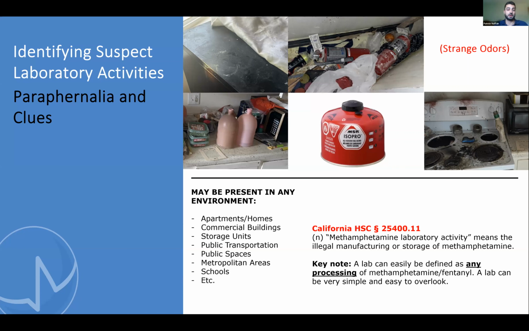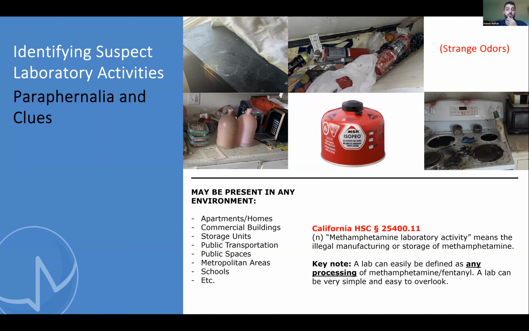So in this example, we have a couple of fire extinguishers that have been sprayed out. What you find often in meth manufacturing is they use pressurized cylinders, like a fire extinguisher or a propane tank, add some chemicals to it, and cook it under pressure to produce their product. Another not so obvious example is in the bottom left picture, you have two consumer or commercial sized jugs of muriatic acid, which if you were to just Google that, it's a common pool cleaning chemical. But specific acids like this will tip us off that it's being used to make meth.